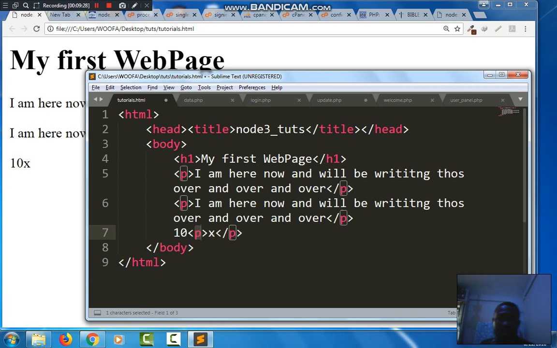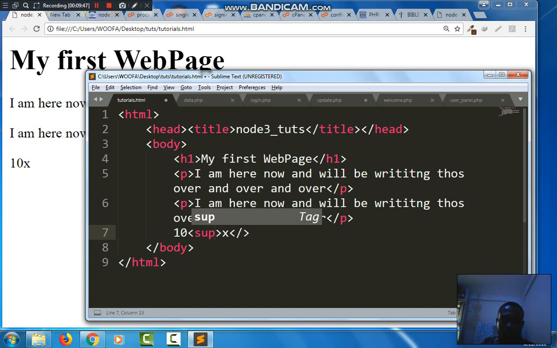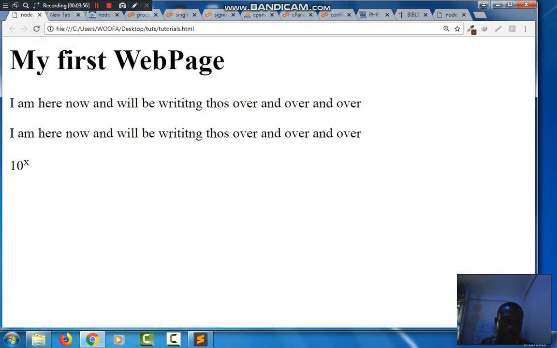Now I want to make this an exponent, so I wrap it around with my tags here, at the far end my closing tags. I want to make this a superscript, which is SUP, from the word superscript, and I'll close it with SUP, also the word superscript. Then refresh your browser and it is getting you that superscript. So mathematics